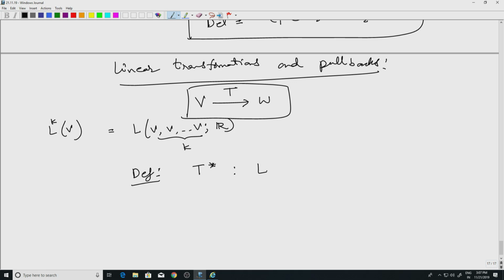This is going to take L^k(W), it gets reversed. T is from V to W, but this will take L^k(W) to L^k(V), and is defined by